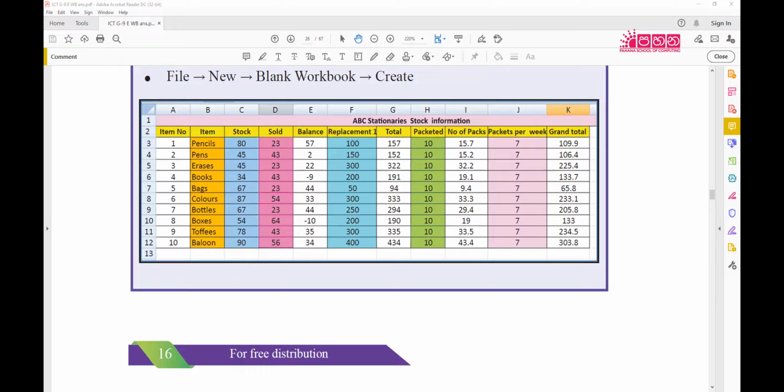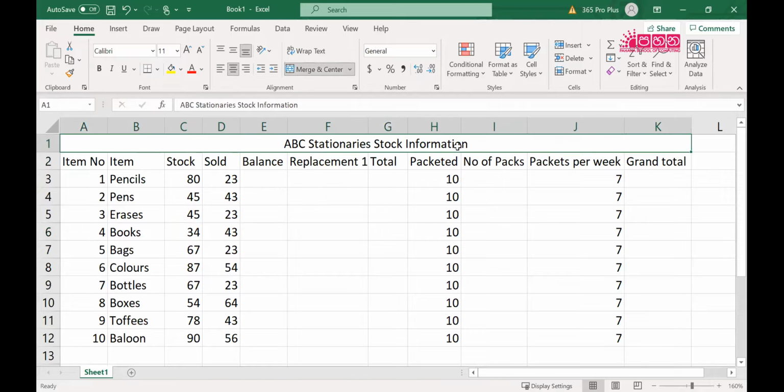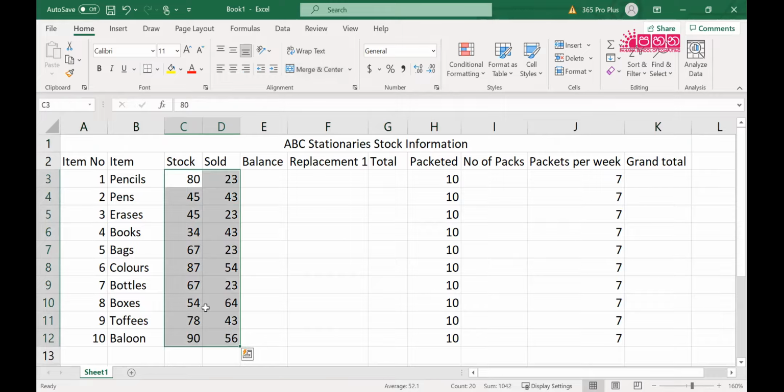Right, if I share it again, what I have done so far. So what I did is I put up the column names and I put this one and make it a single cell. All the item numbers, packets per week filled with autofill. And I have just typed these things. This is enough because the others you can get. Replacement also you have to type it.